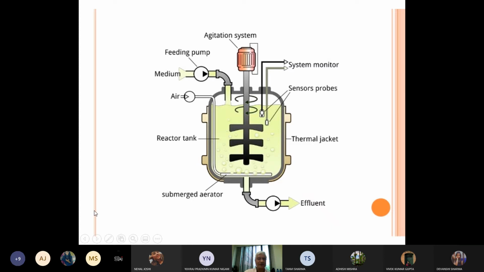So aeration is done through a bottom aerated, submerged aerator, but there are multiple ways of aeration. With good aeration, it is always kept at the bottom, because when air goes up, the agitators will agitate and mix this air in, so every microorganism cell around in the media will get the oxygen. Oxygen transfer itself is a very big field. So this is how submerged aeration is done. Any question here?